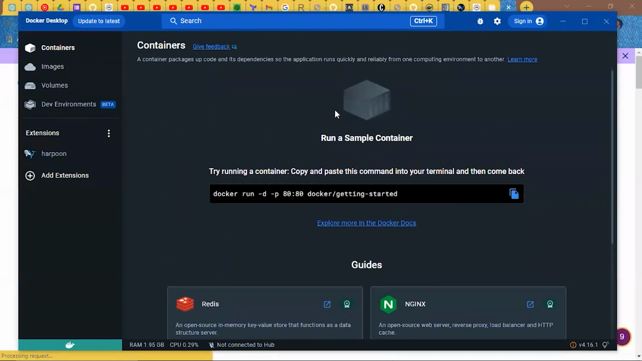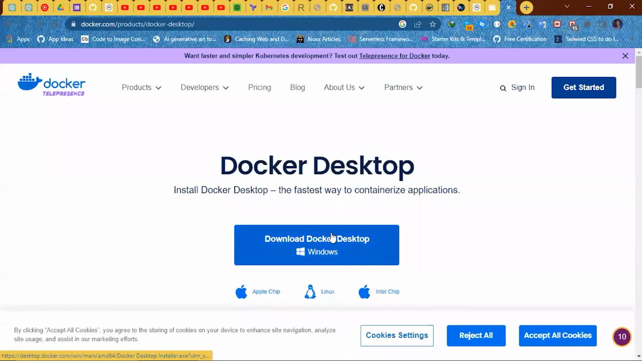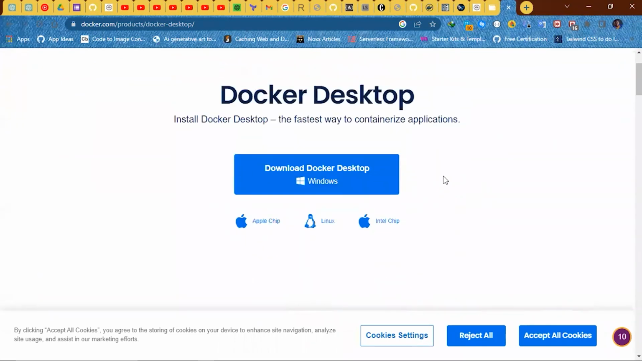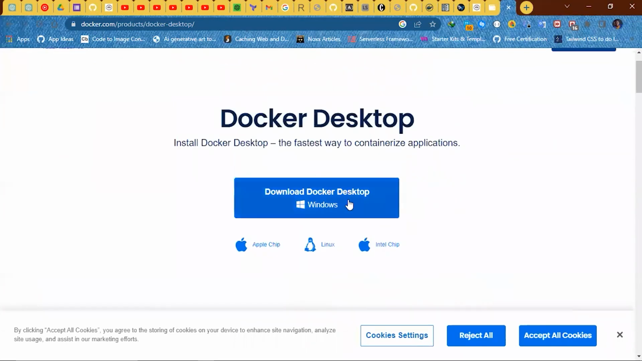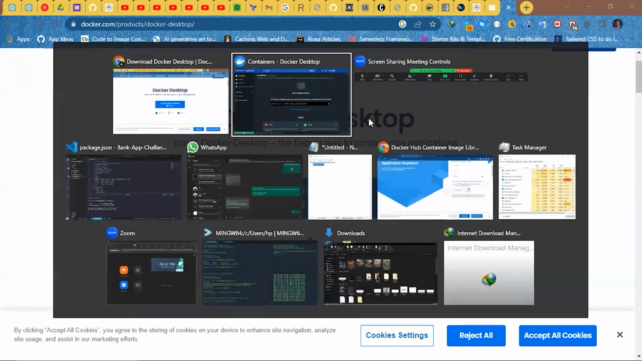One other thing we need to do, in case you're running into any errors, is to enable virtualization. You can use ChatGPT or Google to find out how to enable virtualization, because you don't want to run into errors. So you have to do that first. Then you download Docker Desktop and install it. So moving on,